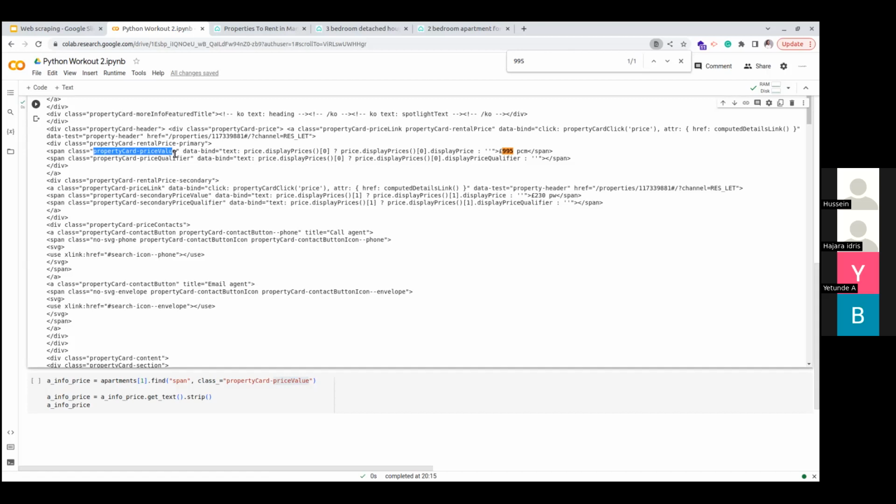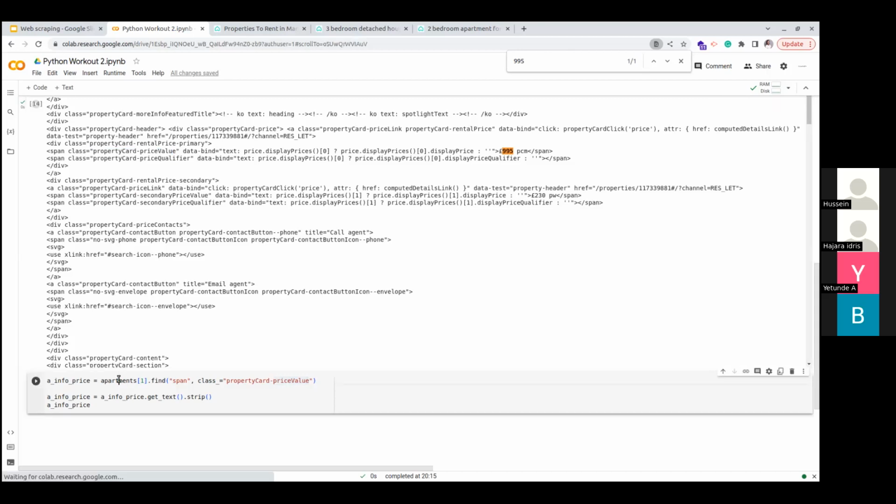Goodness, I forgot. Yeah, so I was saying that it's like you have a collection of data, and you're saying inside this plenty collection of data, you already know the distinct thing, what you can use to fetch that thing out, and it is that there is a span that has this class, and I want to retrieve that span that has that class for me. So that's what we are doing in this first line. And then if you just print this alone, let me show you what it will bring out. So let me comment this one.